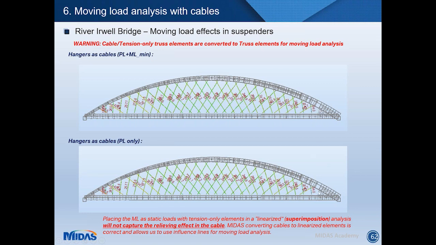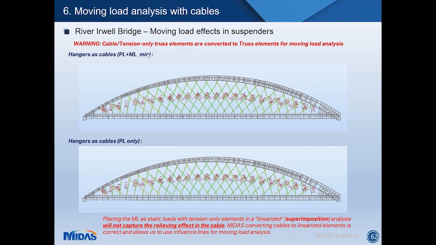What I'm doing here is wrong, because I'm using superimposition in a nonlinear analysis. This is wrong, but it can happen because we're used to using superimposition in our day-to-day work. So the takeaway is that if you use cable elements and your moving load tracer and you don't combine this load with the permanent loads, you're not going to capture the relieving effect that the cable will see. Even worse than that though, if we run the same thing and we use superimposition,